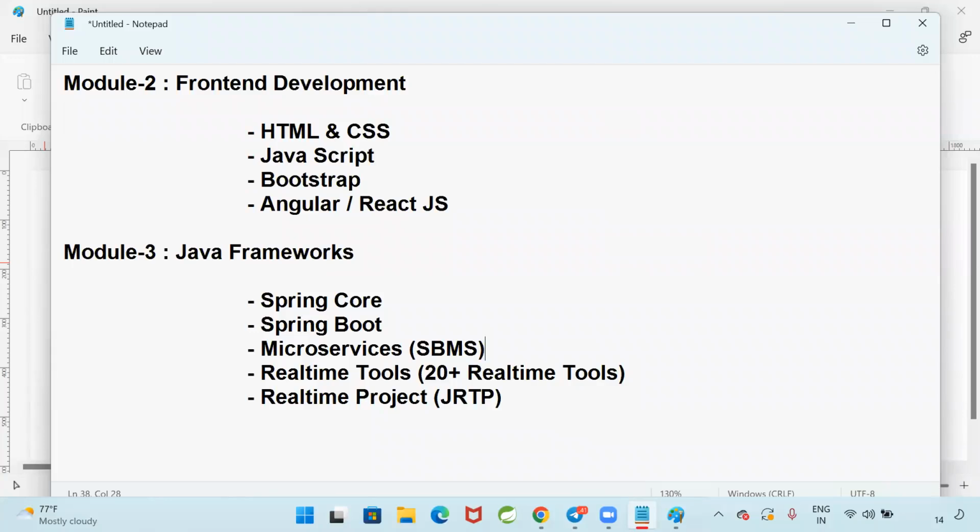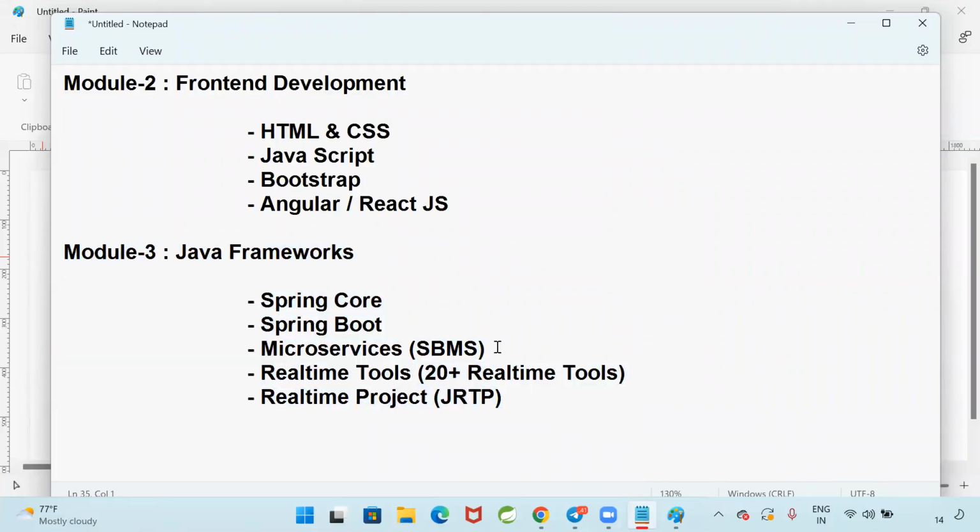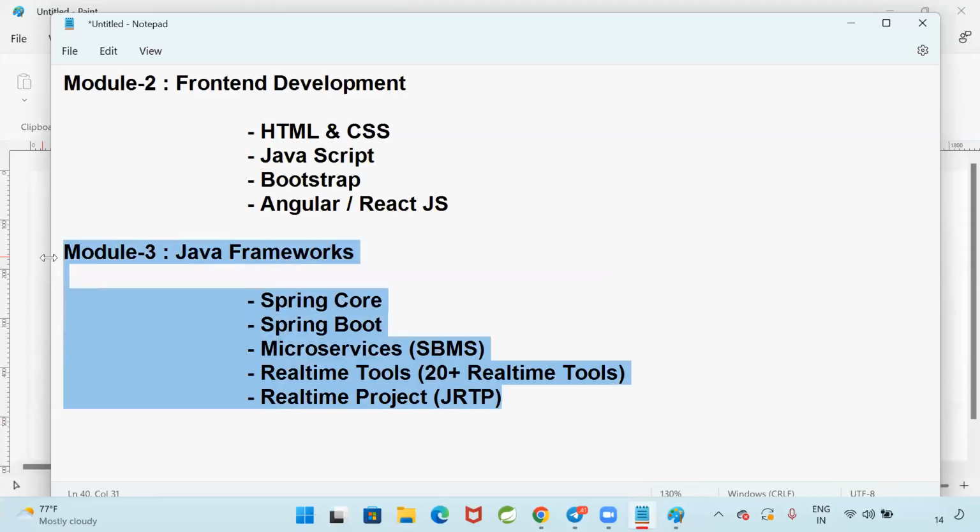Are you guys clear? These are the topics that we are going to cover as part of module 3. After completion of module 3, you are equal to a 4 years experienced Java developer. That much content you are going to understand as part of Spring Boot microservices and Java real-time project.